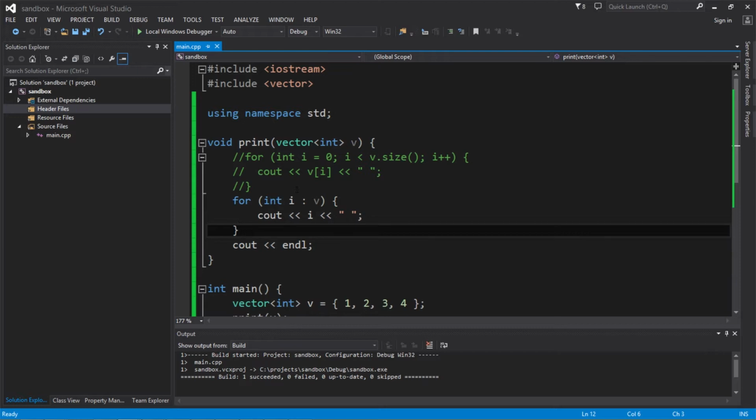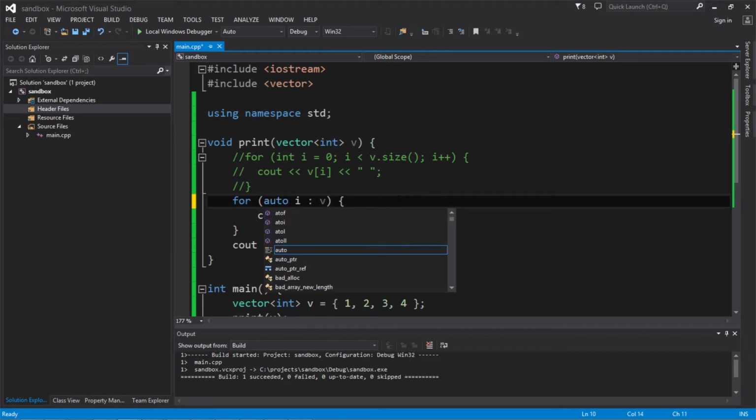Since the C++ compiler knows and we know that this vector contains integers, we actually shouldn't need to write a type name here. We shouldn't have to write int in this place, and we can instead write auto. And this essentially means, hey, C++ compiler, you already know what this type is, so take care of it. I'm not going to do it for you. And in here it's more of a matter of taste whether you use auto or you use int. But